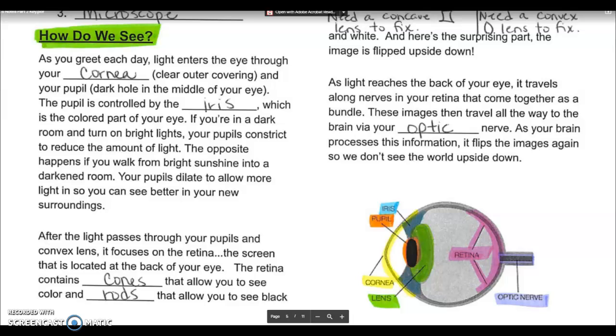All right, so we're continuing our Unit 8 notes, and this is Part 2 of Unit 8 notes, and this is going to be Video 3, and we're going to learn how we see. So as you greet each day, light enters the eye through your cornea, and the cornea is the clear outer